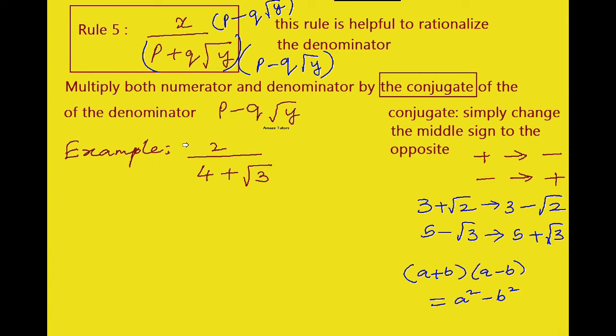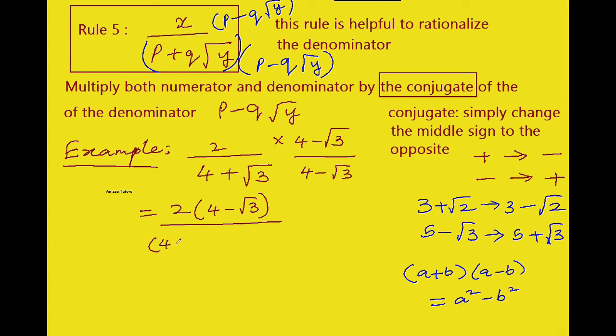As you can see, simplify or rationalize 2 over 4 plus root 3. I need to get rid of this irrational, which is why I am doing rationalization. What is the conjugate of 4 plus root 3? 4 minus root 3. Simply change the middle sign. That's all, so that the bottom will be in the form of (a plus b)(a minus b). Now I need to distribute and write the top numbers like this.